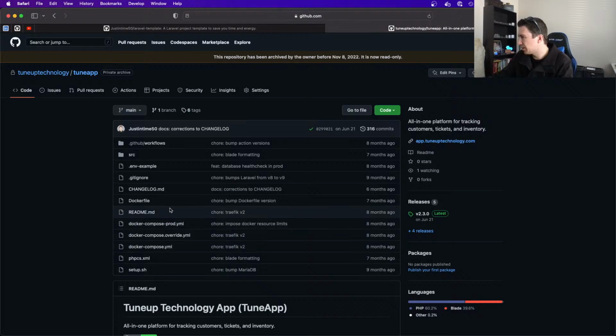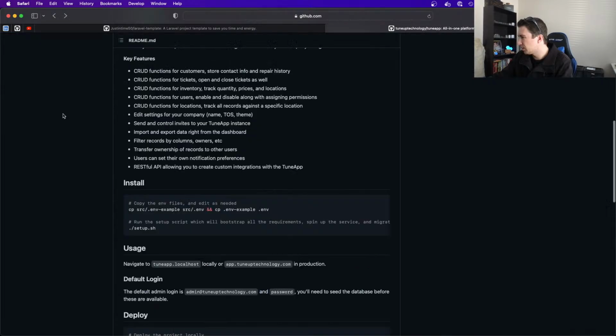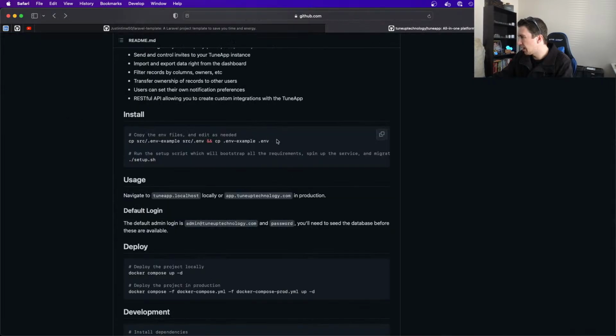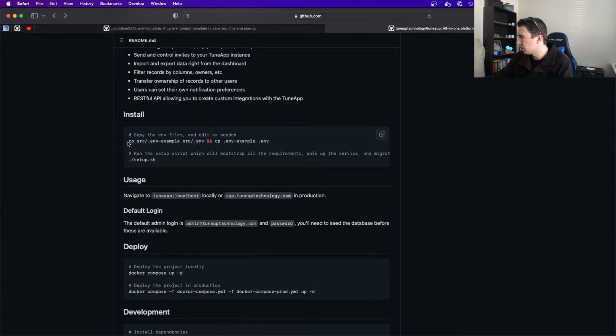No database file here. If we go here though, no database file there either. We just have the env. So I think that that's old news. So copy the example from source.